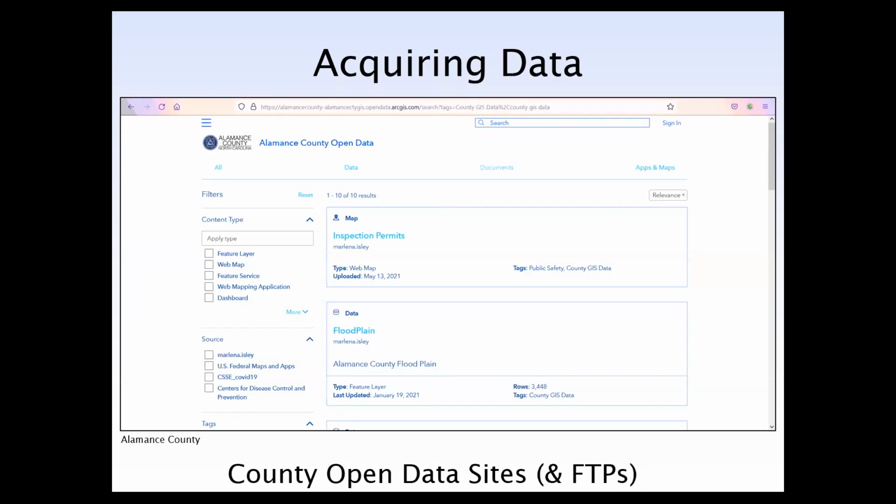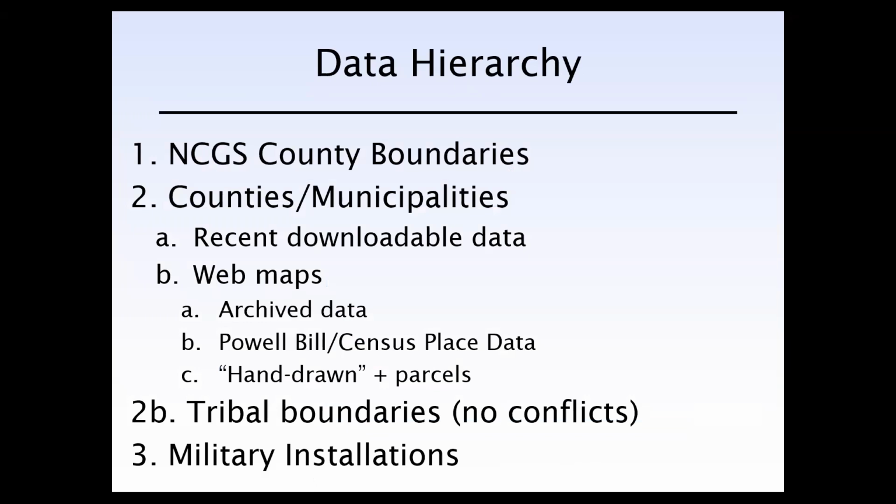I also noticed that a number of counties have created these open data sites through Esri. There were probably 20 to 30 counties that had an open data site like this. And I found these sites to be fairly easy to find and easy to use. So I enjoyed using these. But there were some counties that also had FTP sites that hosted downloadable data, and that was perfectly fine as well. There were some situations where I would visit the county GIS site and they would have data to download right there on their county website, and that worked just fine as well.